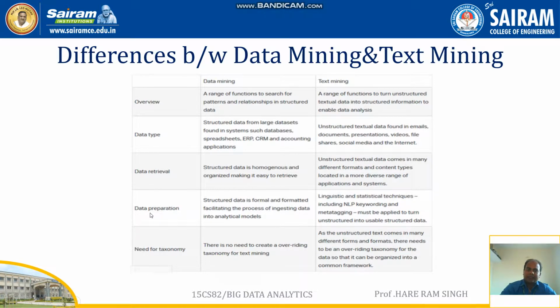Another criterion is data preparation. Structured data is formal and formatted, facilitating the process of ingesting data into analytical models. So structured data will be formal and formatted, facilitating the process of ingesting data into the analytical model. Linguistic and statistical techniques including NLP, keywording, and meta